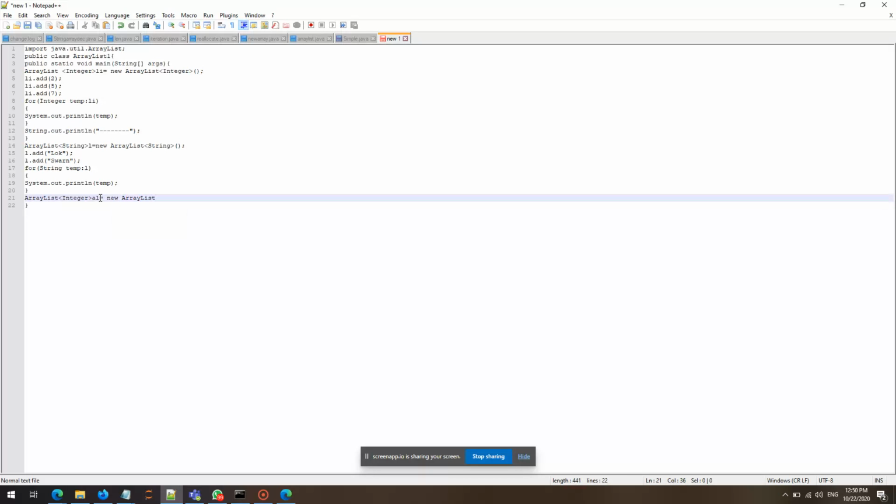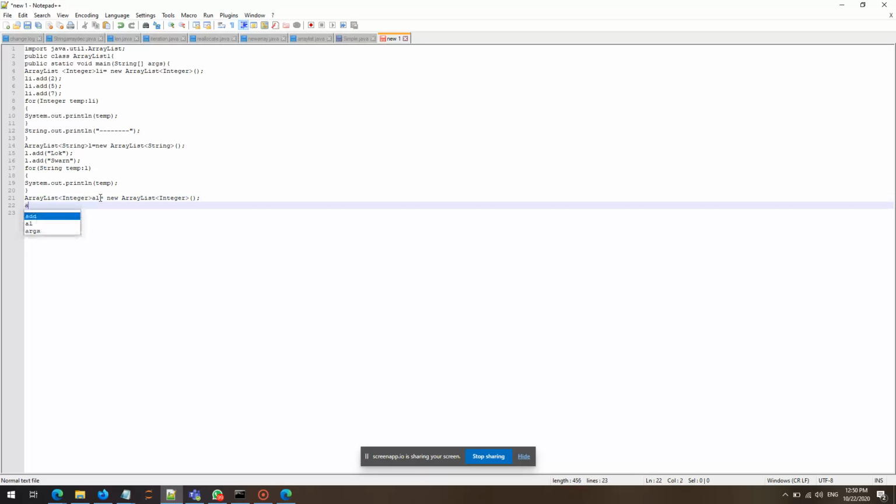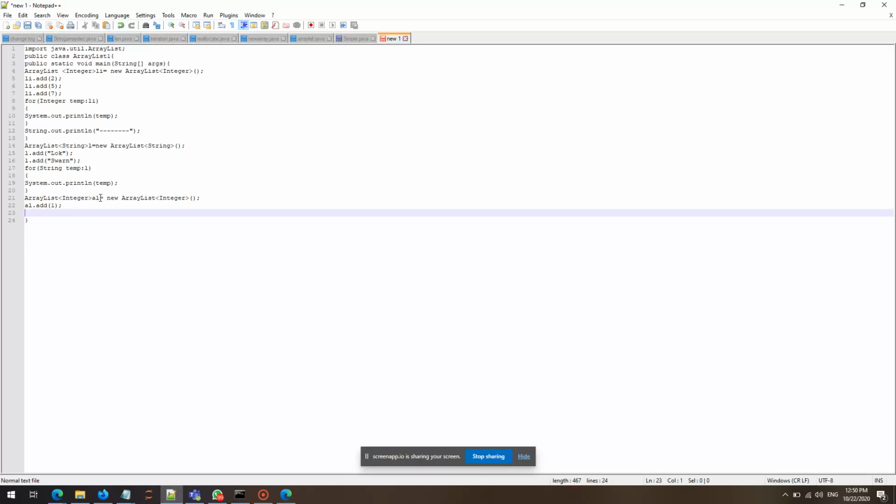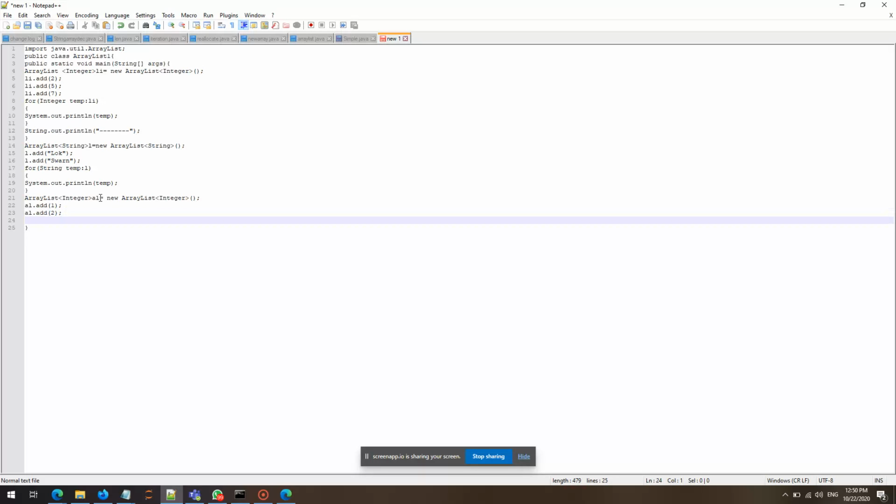What we are defining is an ArrayList of Integer, with brackets. Okay, and al.add, we define 1 because it's an integer. Then al.add 2. Now a different implementation of a for loop. If you want to define a for loop, then al.forEach